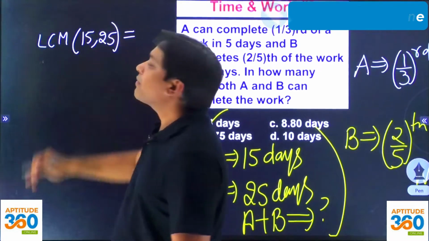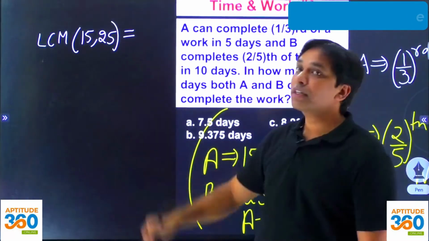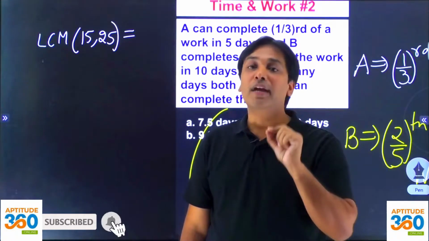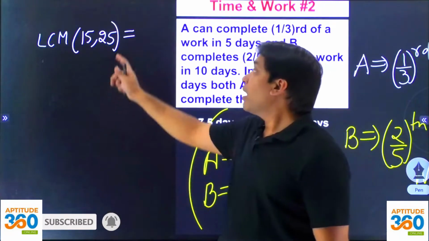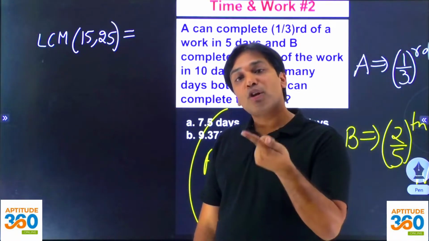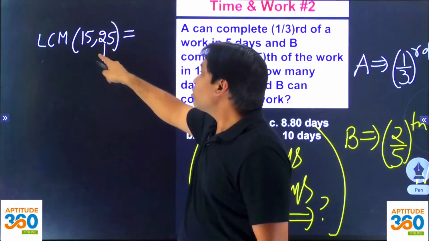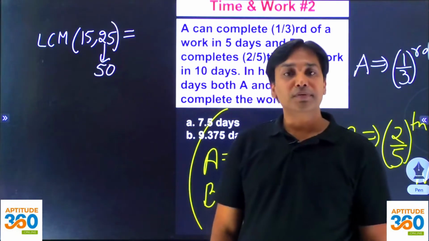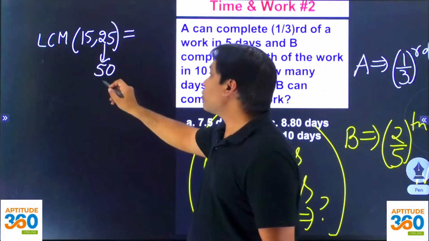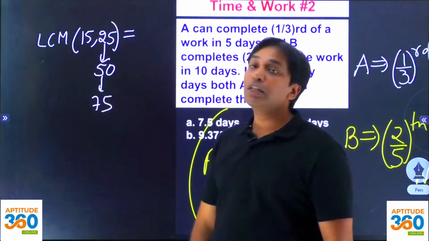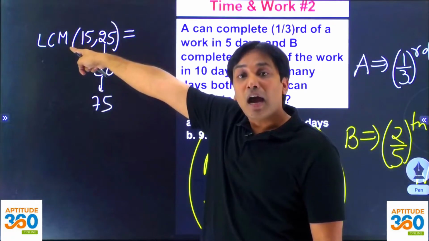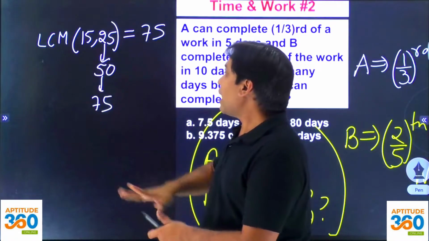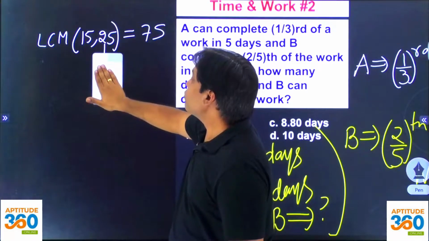अच्छा, कई लोग बोलेंगे 15 and 25 का LCM निकालना मुश्किल है। And I say that it's not difficult. Any which way, the LCM is going to be in the table of these two. Watch the video number 2 of LCM. This is where I have mentioned this method. 15 and 25. And LCM is going to be in the table of these two numbers. तो मेरे को इन दोनों नंबर्स की टेबल में देखना चाहिए। तो बड़े वाले के नंबर की टेबल में देखेंगे। देखो 25 into 2, 50 is not divisible by 15, so this cannot be LCM. 25 into 3, 75. Is 75 a multiple of 15? Yes. So 75 is going to be there. LCM problem हो गया सिंपल।